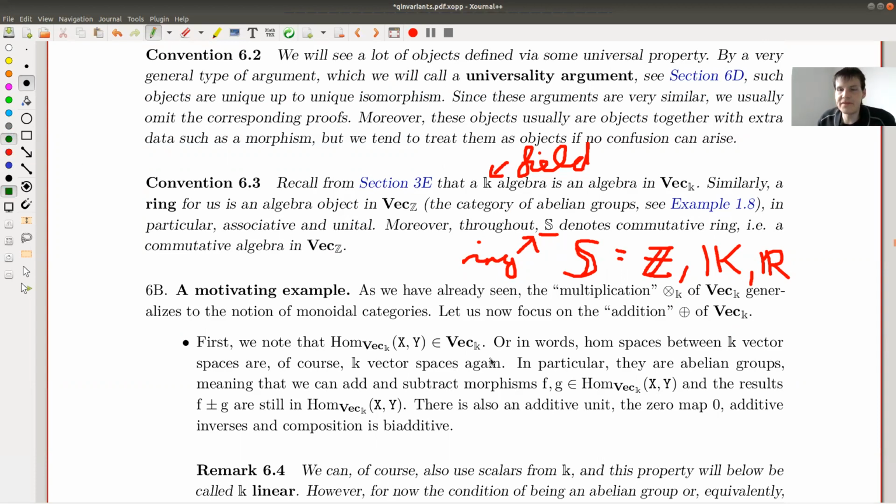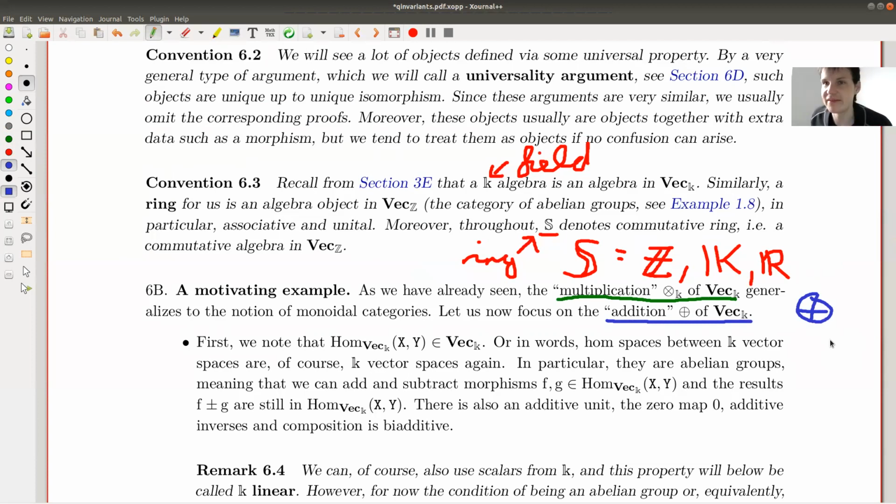Okay. So I want to start with the standard product structure, and I want to start with my good old friend Vect K. The standard product structure on Vect K was a multiplication, and the question would be, what is an addition on Vect K? I will use the usual symbol for this, the direct sum. The tensor product is a circle with a cross, and the direct sum is a circle with a plus.